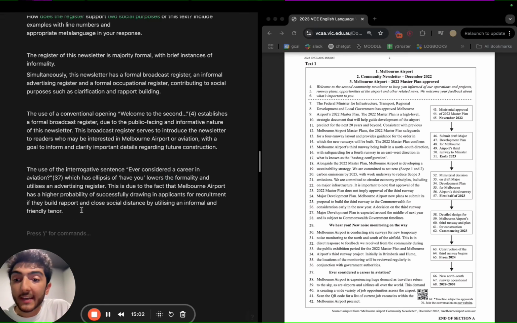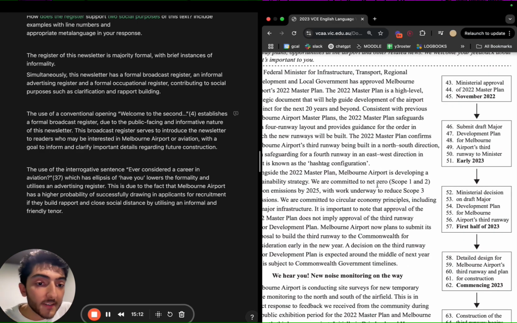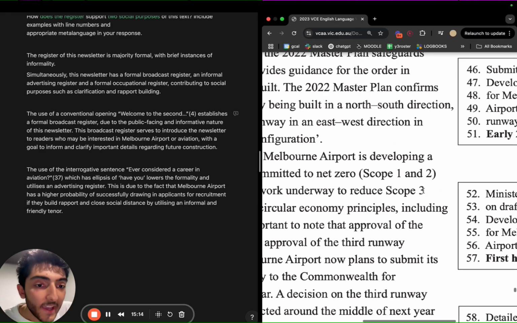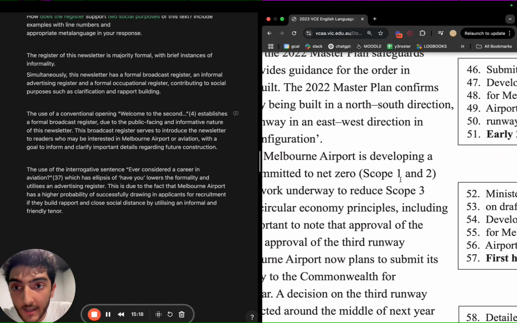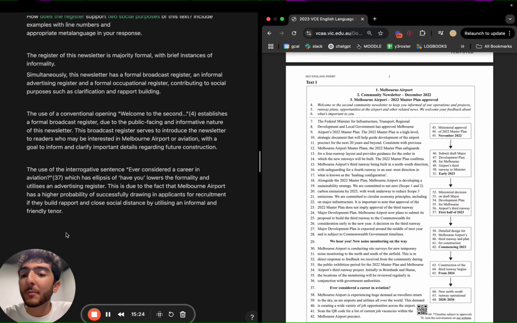We're good. Now, just to really hammer the nail into the coffin and get the 5th mark and stand out in Victoria, let's go for that final formal occupational register, which is very easy to talk about when there's any jargon at all. Now, I love seeing phrases that I have no idea what the meaning of can possibly be. Like scope 1 and 2 and scope 3, I have no idea what that means. Maybe my friends who do aviation engineering might know what that means. I have no idea what that means. So let's talk about it.